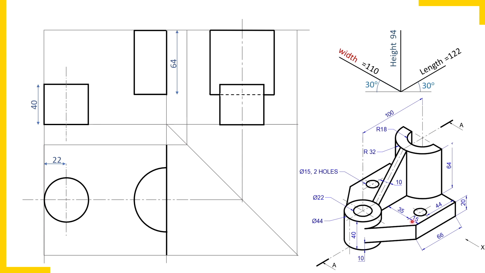Now we'll draw these two edges which are parallel to the length axis. Width vertically, length horizontally. These are the two dimensions you can see in the top view. And now we are drawing principal edges. So 66 millimeters is the length of these edges which are parallel to the length axis. So measure 66 millimeters here. Watch and draw. So this is how we have drawn those principal edges, and then non-principal edges which are tangential